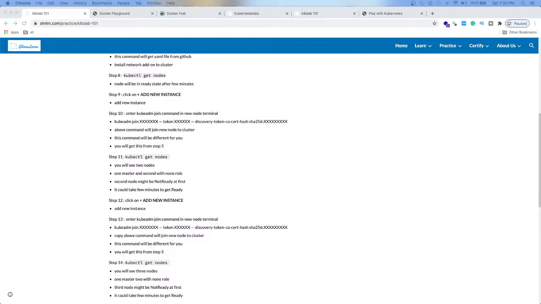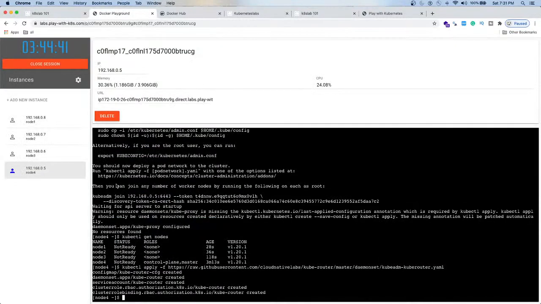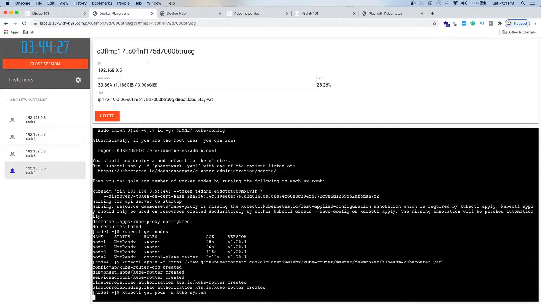So kubeadm config images pull is not a command you necessarily have to run, it's just an alternative. What happens is when you initiate a cluster, it's going to pull the images for all the control plane components. So if I show you kubectl get pods -n kube-system,